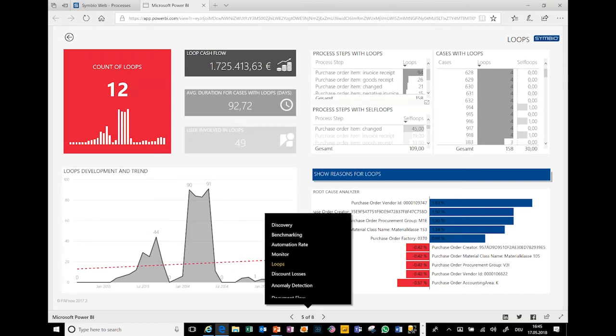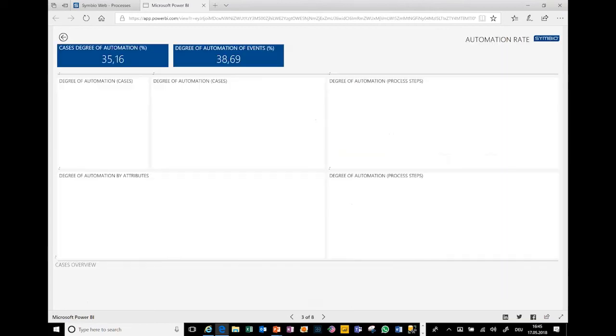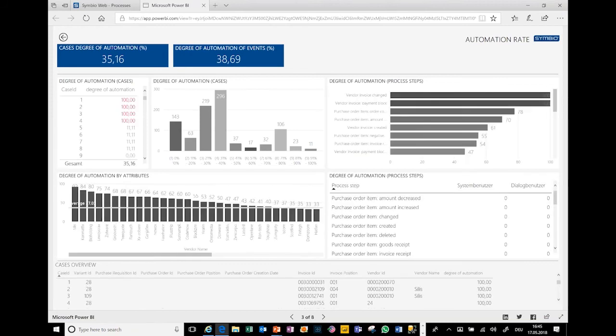Then I also talked about automation, and obviously the automation rate is pretty interesting, because especially the automation rate could give you some ideas, some very concrete options where to start optimization projects, or even where to implement applications like RPA, robotic process automation.